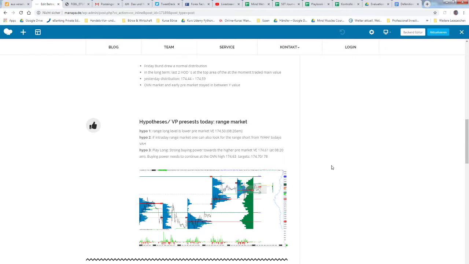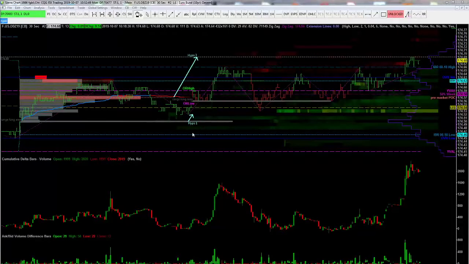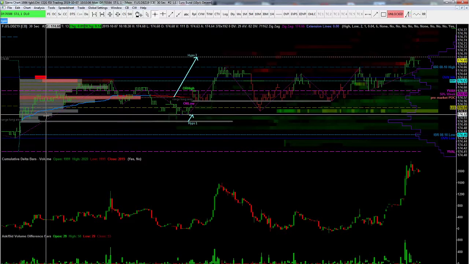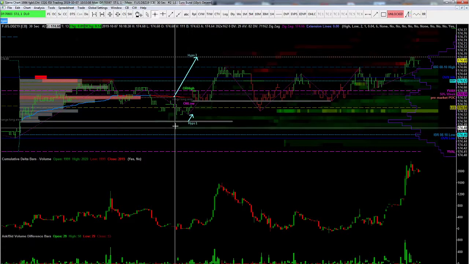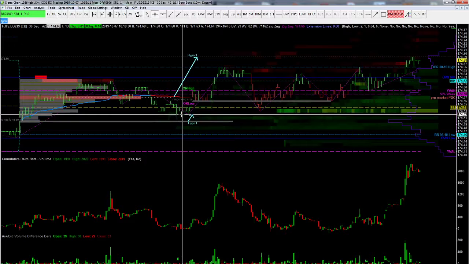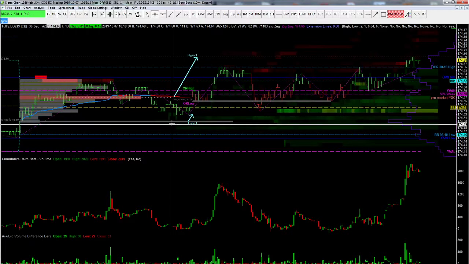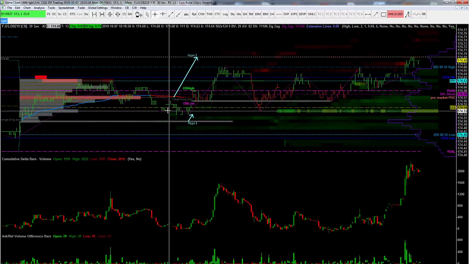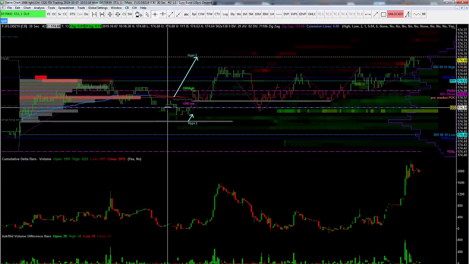So it sounds easy, right? But let's see how we can face it, what happens and how to play it. First of all, you see this is the pre-market situation and I also drew my hypos that were in the area where price reached so far. So hypo 3 was not in there, because we didn't reach the area where we wanted to see the market at the lower pre-market edge. That doesn't happen. Instead, we see with the open phase that we are getting close but not exactly at this area,